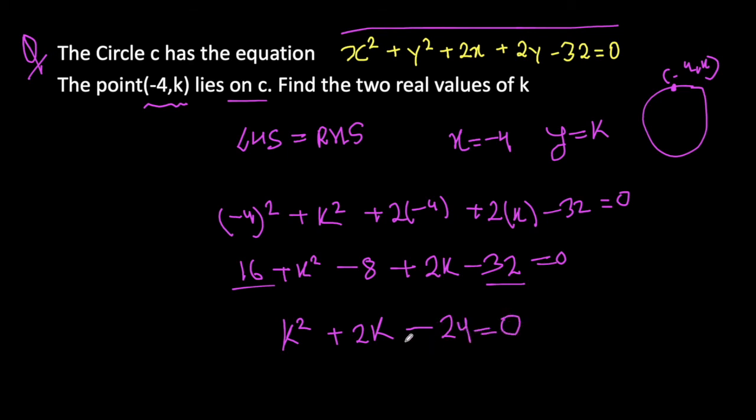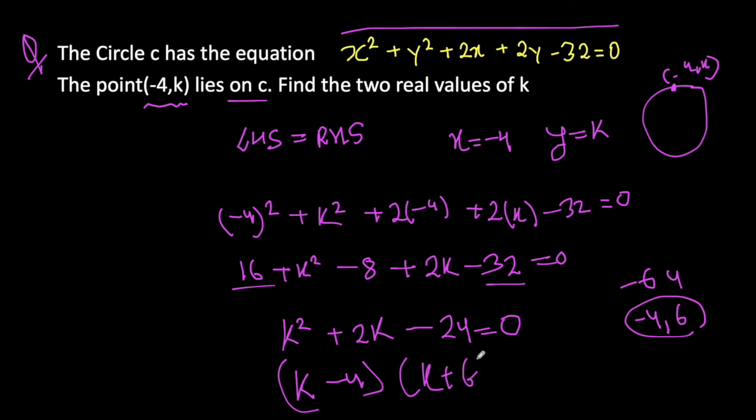Now this is a quadratic equation, and we have to solve this quadratic equation. If it is possible to factorize, you can factorize, or you can use the quadratic formula directly, and you will get the values of K, and there should be two values of K. Okay, so let me check how I can solve this one easily. Now, factors of 24 are -4 and 6, and we need plus 2K, so it will be K minus 4 and K plus 6 equal to 0, which means either this is equal to 0